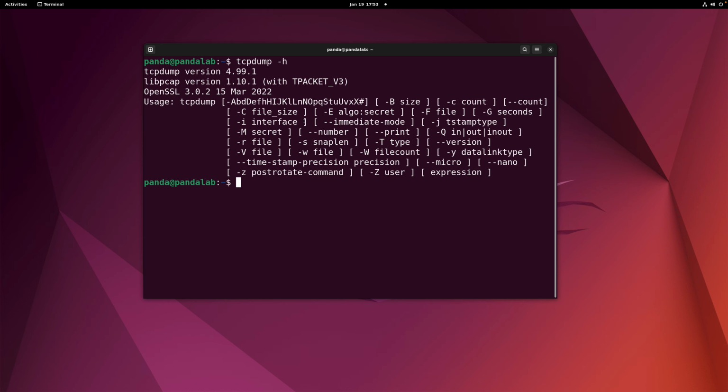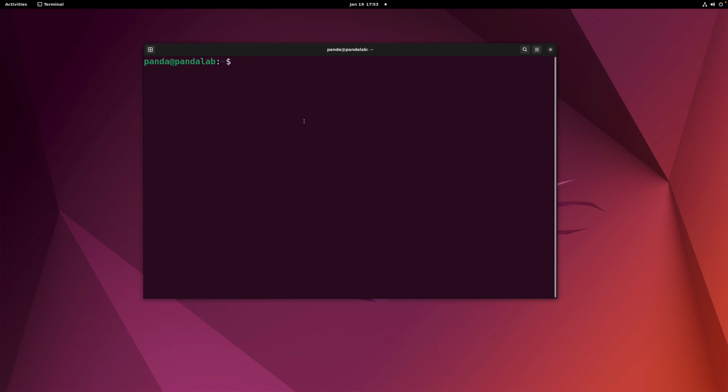Perfect. So let me close here. Let me clear the screen. Okay, so what we are going to do is run tcpdump. Now, when you are trying to collect packets, you need to run this with high privileges. So that's why we are going to use sudo tcpdump